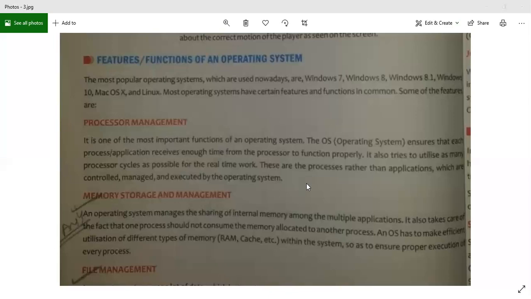Third, file management. A computer system uses a lot of data which is stored on secondary storage devices. So what are our secondary storage devices? Like our hard disk, our floppy disk or CD drive, and the USB. But ultimately, when I plug in my USB, who is controlling the USB also? The operating system. If inside a computer I have a hard disk, I have different partitions of the hard disk. I have C drive, D drive, E drive. So who is creating those drives? It is my operating system which is creating those drives.